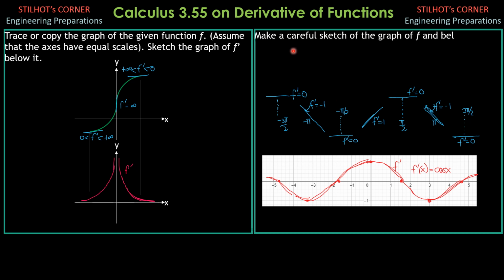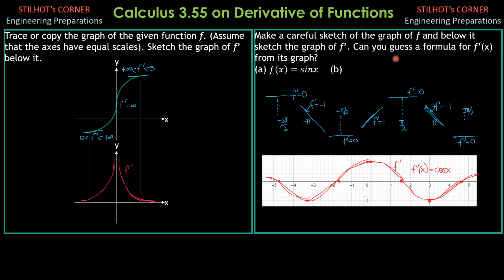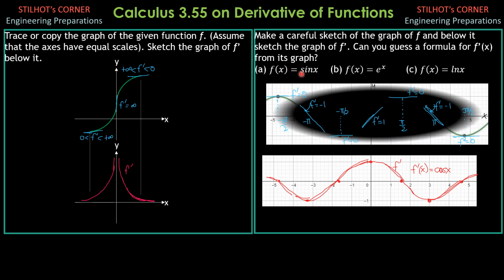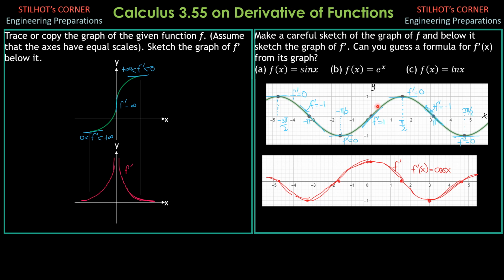Next problem: make a careful sketch of the graph of f, and below it sketch the graph of f prime. Can you guess a formula for f prime of x from its graph? So for part A, f of x is sine x, and it is given. That's the graph of sine x. So we begin with the tangent here. Just to the left, the tangent is almost zero but positive, so it is above the